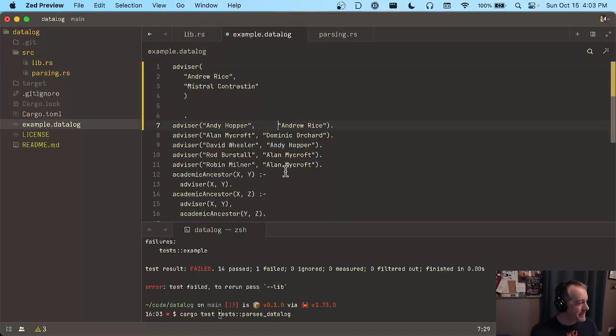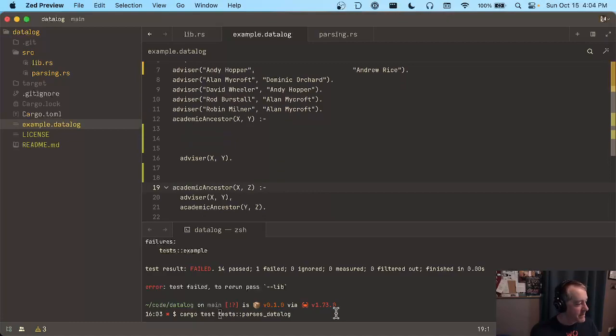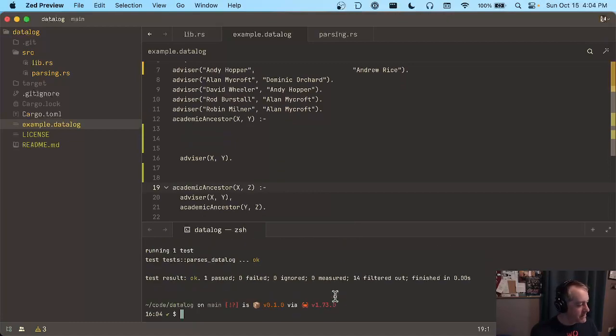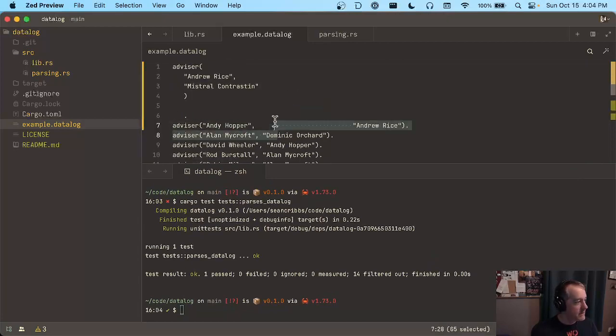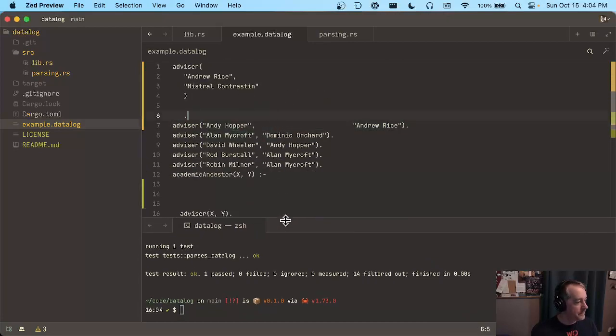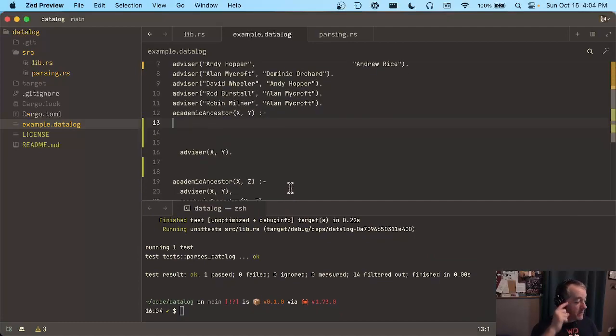Thank you for sharing. And we're just going to throw some junk in here, and we'll save that, and let's see if it still parses. Yeah, it's still parsing, so it is white space insensitive in the way that we want, and that's good. Now I would say that nom is probably